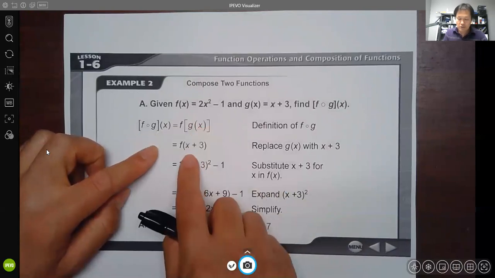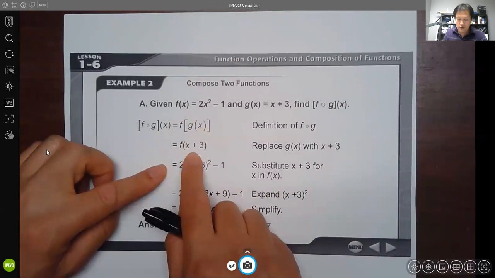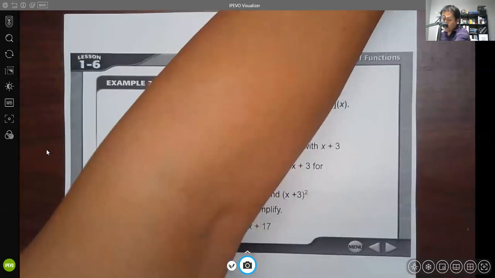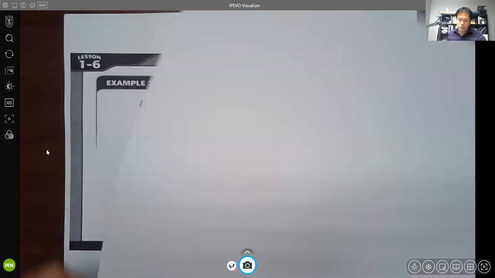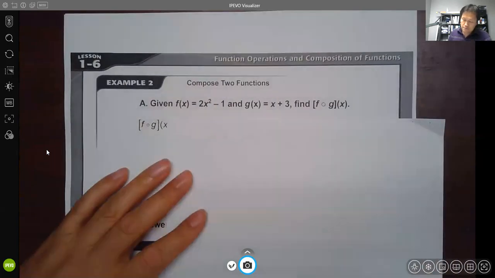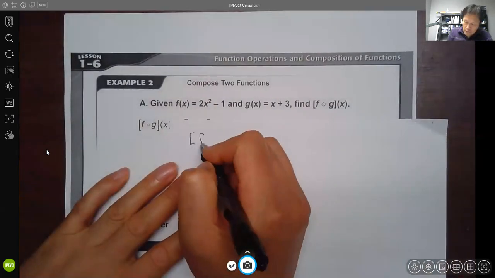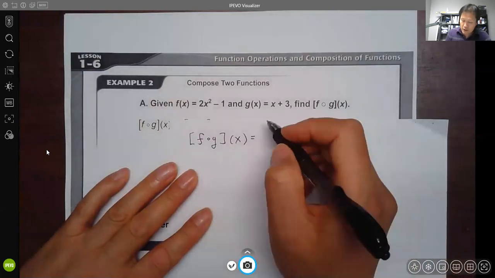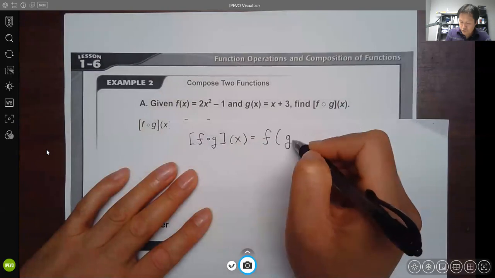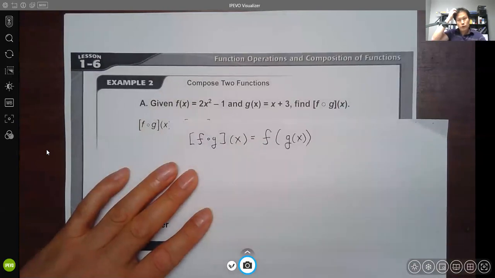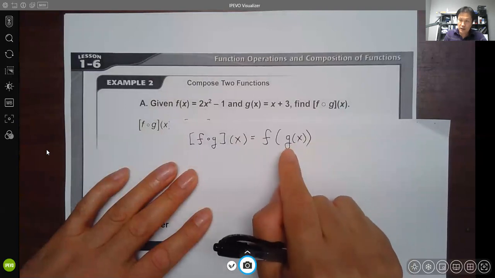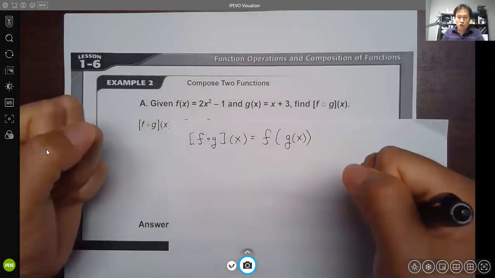So here is my recommendation. When you deal with this kind of composite function, recognize that it is the same as f of g of x. Once you recognize that g goes inside as an input and f is the structure,